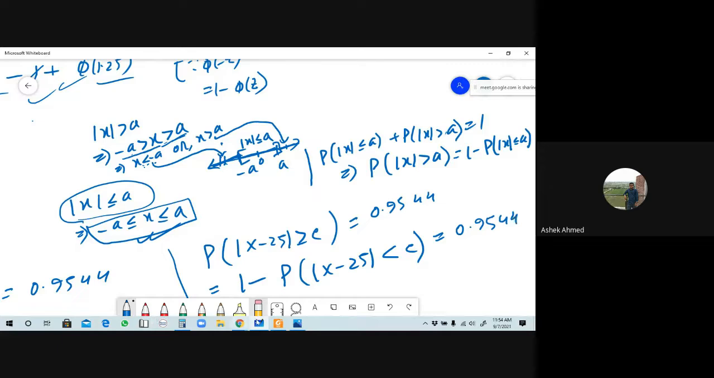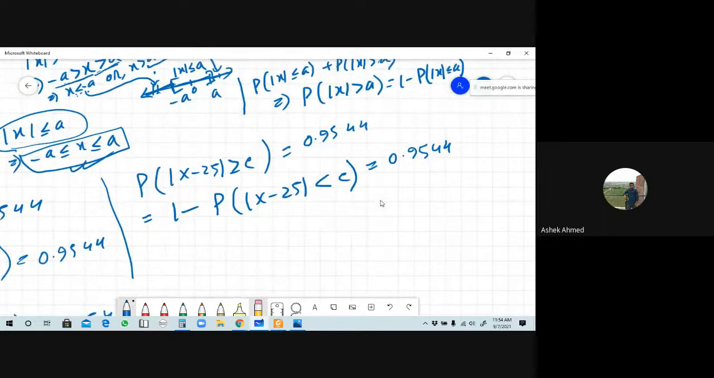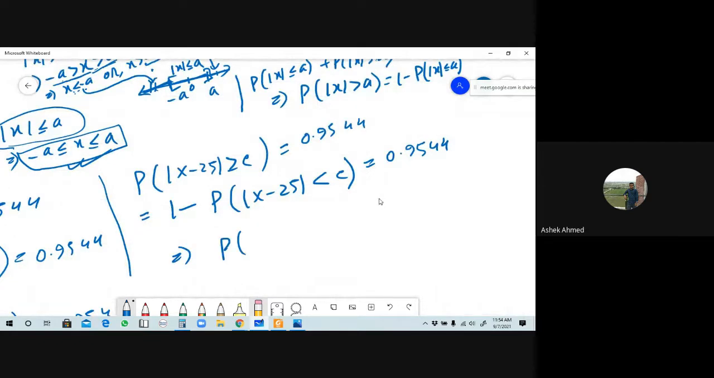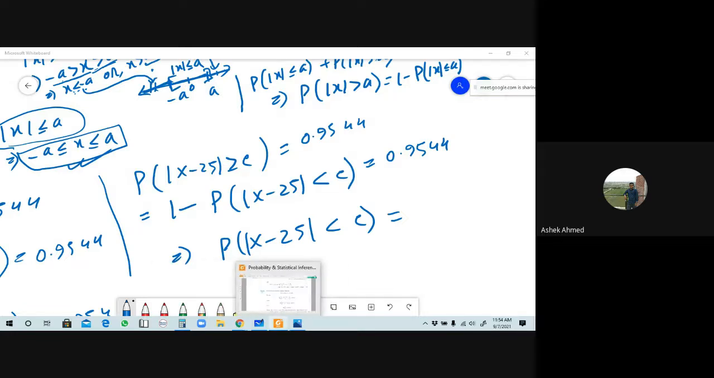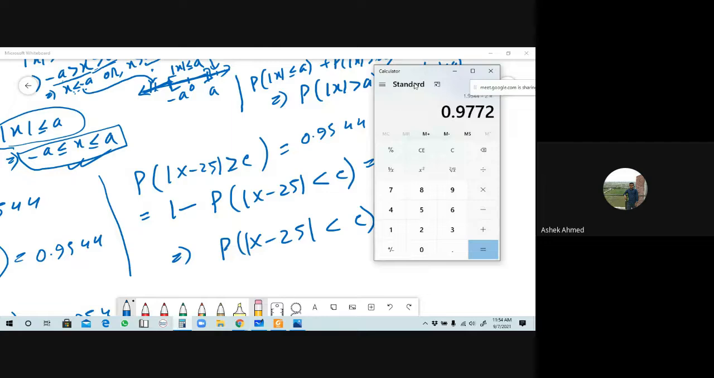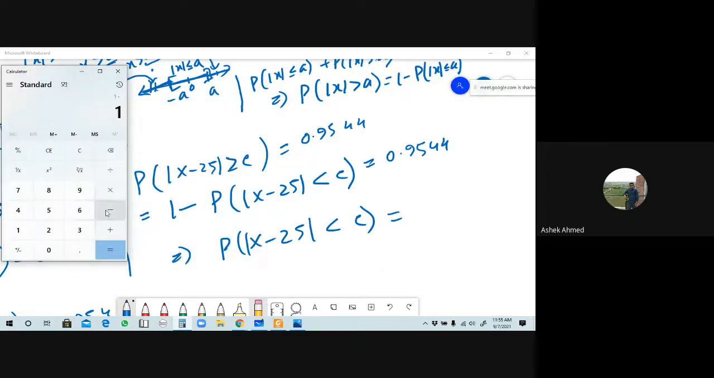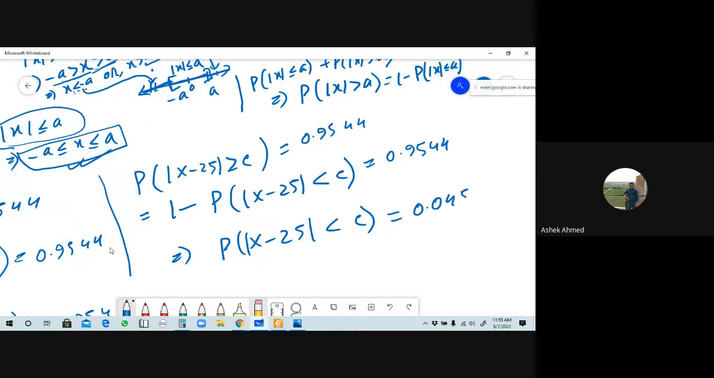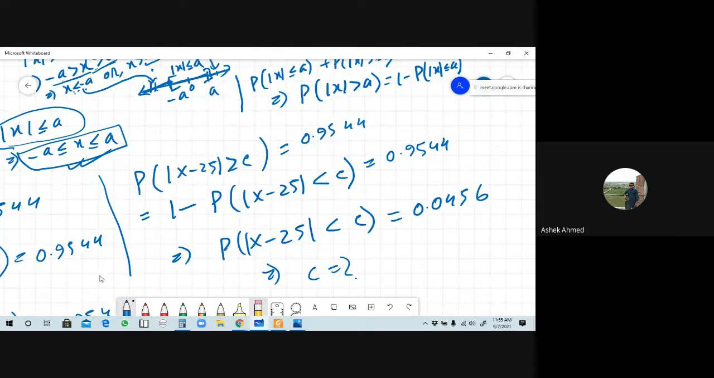0.9544 here, okay, এটা কিন্তু একটা কনসেপ্ট, ভেরি ইম্পর্টেন্ট কনসেপ্ট। So from here you can write the value of probability of absolute value of x minus 25 is less than c, that will be 1 minus this, so that will be 1 minus 0.9544, that will be 0.0456. Now we have to find out the value of c by using the previous concept।